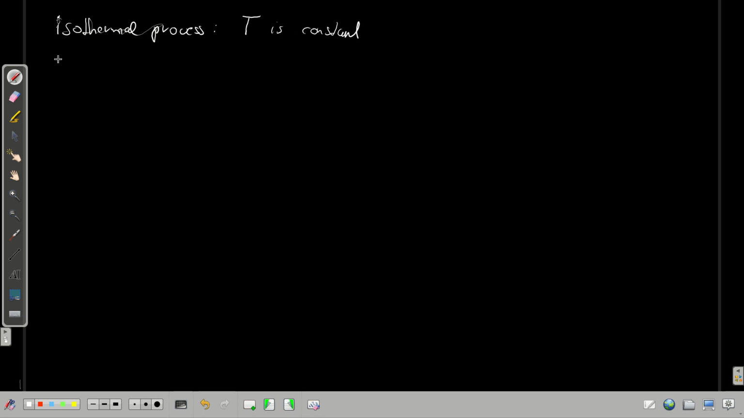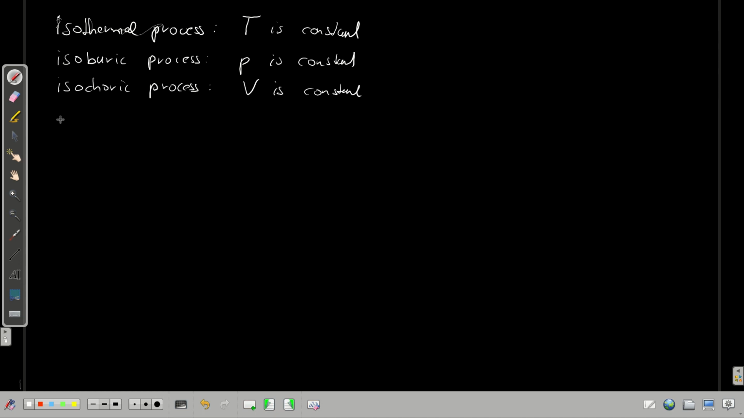And for an isobaric process, the pressure is constant. For an isochoric process, the volume is constant. And for an adiabatic process, big Q equals 0. This means that also the differential change of